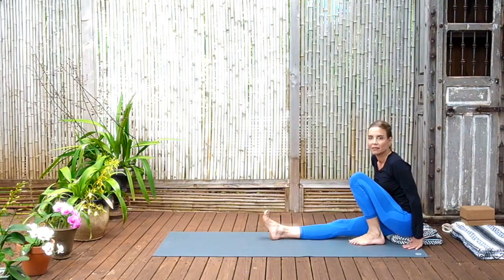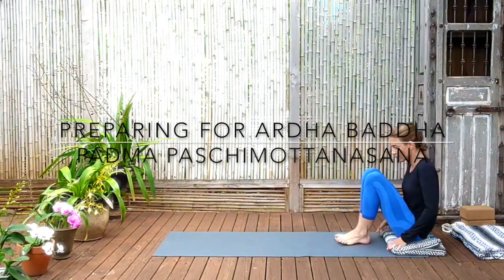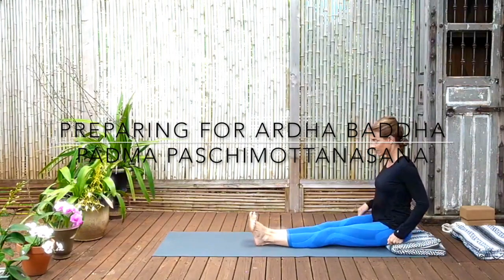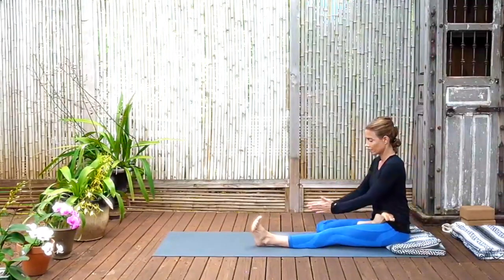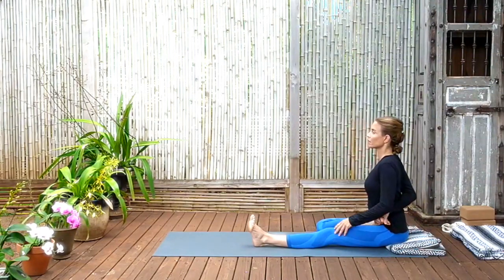Coming now to Ardha Baddha Padma Paschimottanasana. So our blanket is going to go in the middle so that both of our buttocks can sit right on the edge, and pull the buttock bones back and out to the side. Now go ahead and bend your right leg and bring it to Padmasana, and try to have the knee facing forward. Then reach around with your right hand and hold onto the foot,